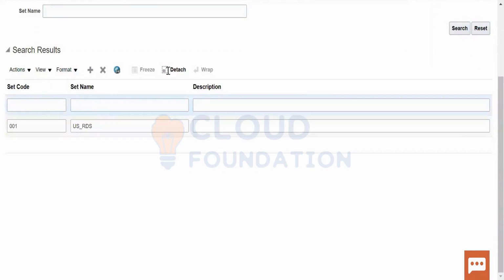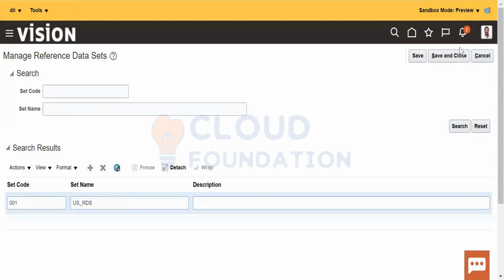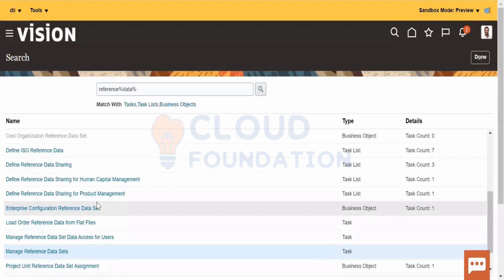You can create as many as you want. If you want to delete this, I will have a different column. Okay, so now we have our reference data set, manage us underscore RDS.